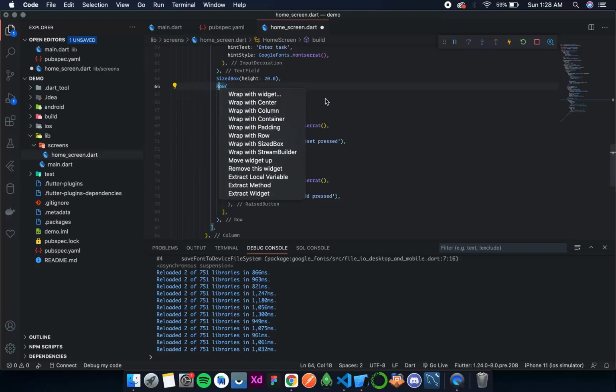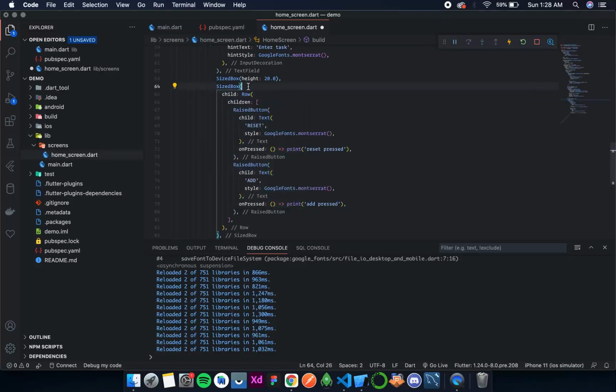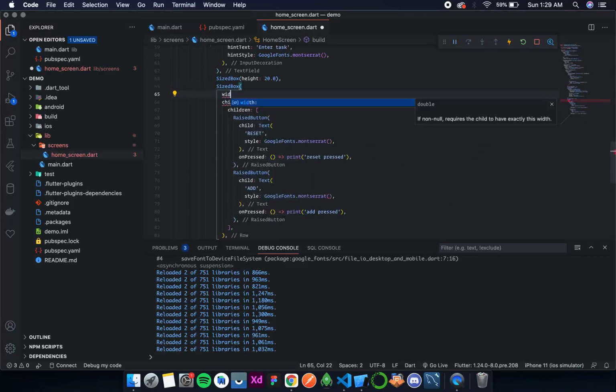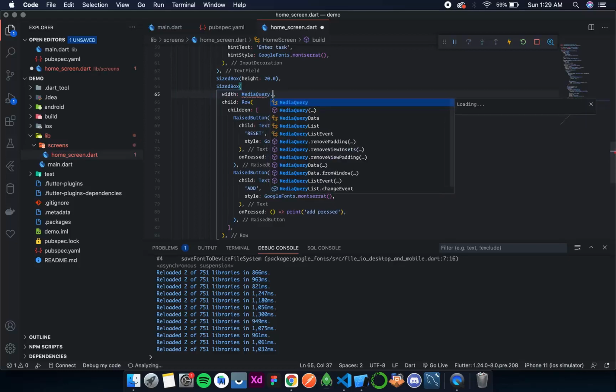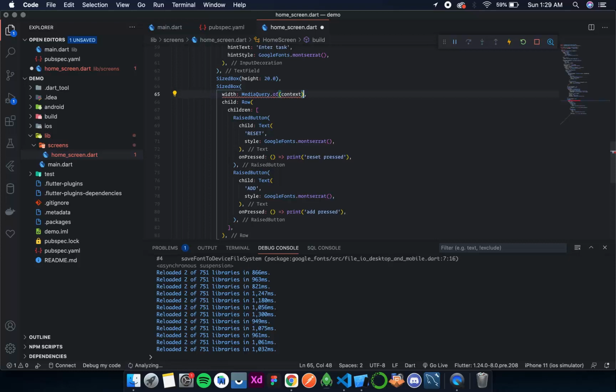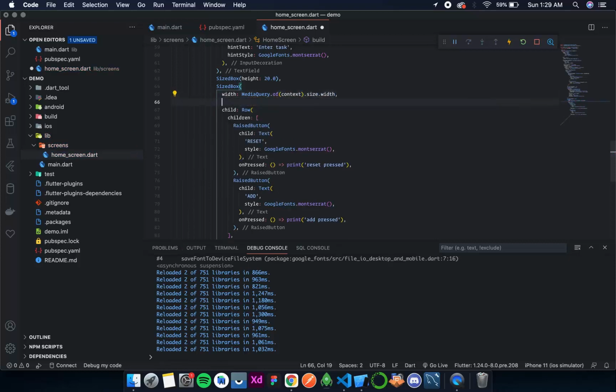First I'll wrap this with a sized box, and the sized box will have a width that is the entire width. MediaQuery.of(context).size.width, and height of, let's say for now, 200. We'll definitely reduce it to as much as it is required.